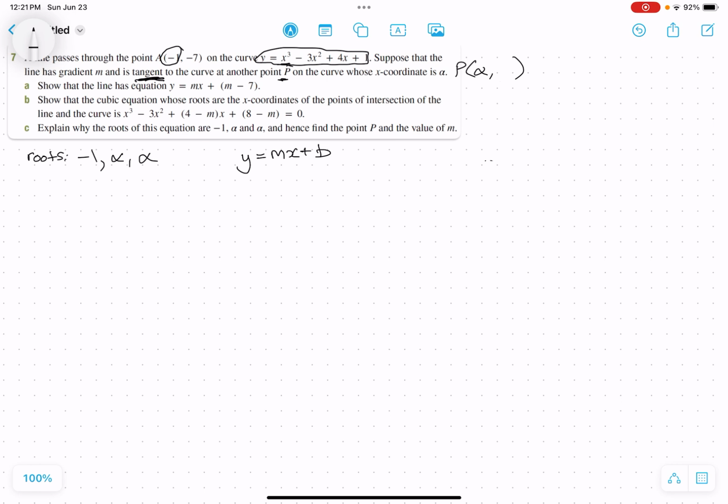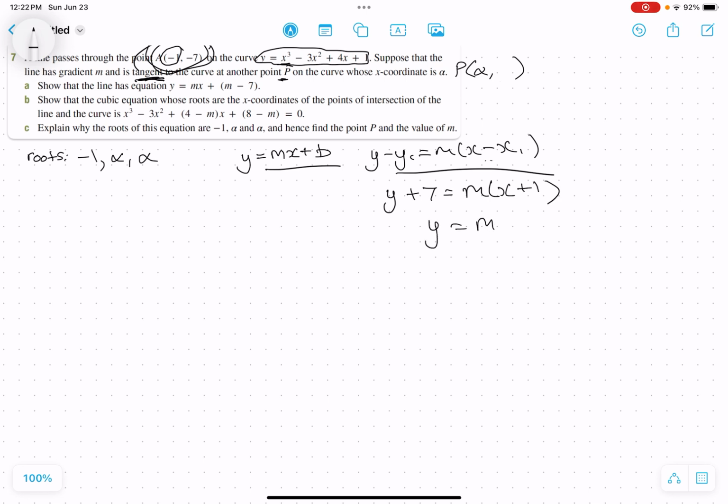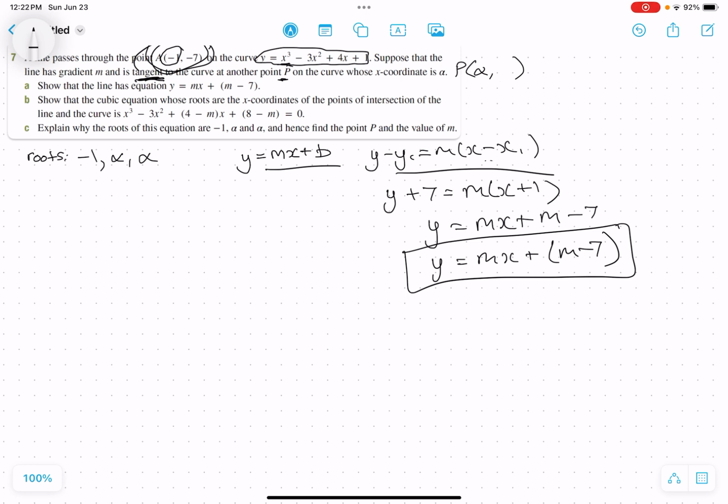We can either do that or do y minus y1 is gradient times x minus x1, whichever version you'd like to use, but we do know this point lies on it, so I'm going to use that point. So y minus minus 7 is gradient times x minus minus 1. If I expand that out, I get m and then minus 7. So I've got y equals mx plus m minus 7 as my line,